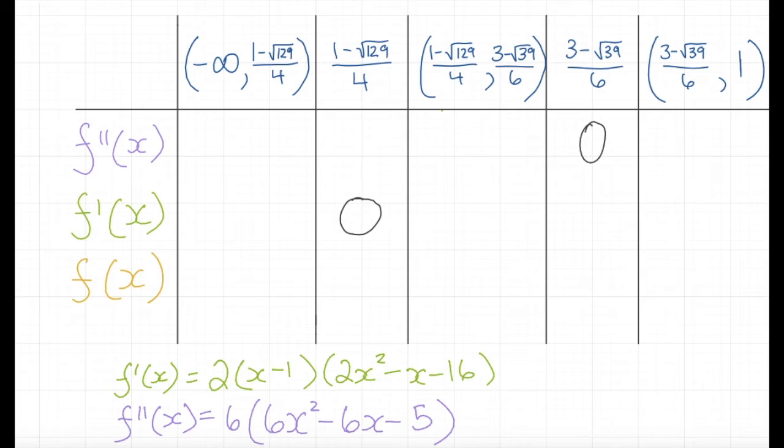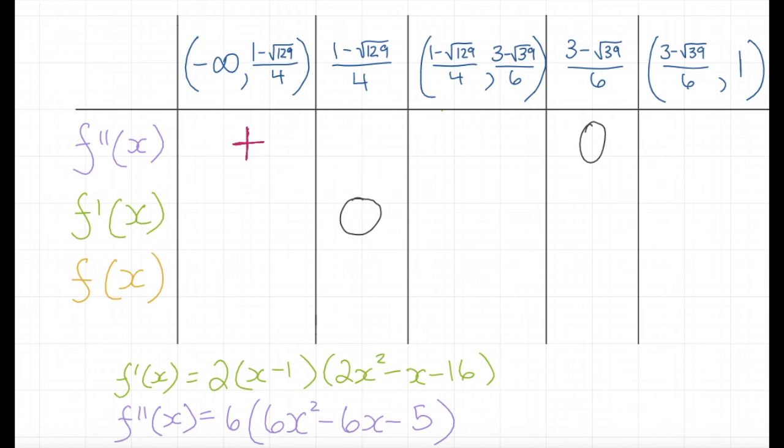We will first look at the second derivative and see where it is positive or negative, and we do so by substituting values within our respective intervals into the second derivative to see whether we obtain a positive or a negative value. Our second derivative is positive